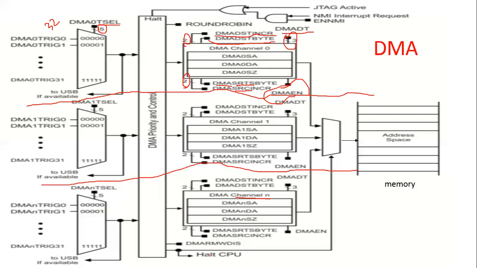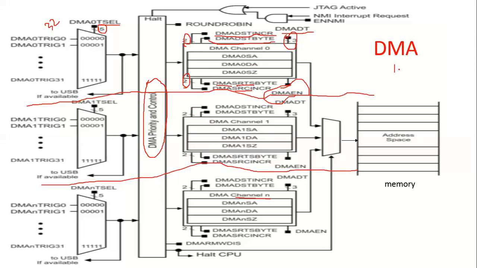Okay, the same thing applies to channel 1 and channel N, or channel 3. And you can stop the CPU by using the signal here. That is to hold the CPU, because during the DMA operation you have to stop the CPU. Okay, then you have to observe here what is that? DMA priority and control, because here we have different channels available. For these different channels, we can assign the priority. Those priorities are 2 types.